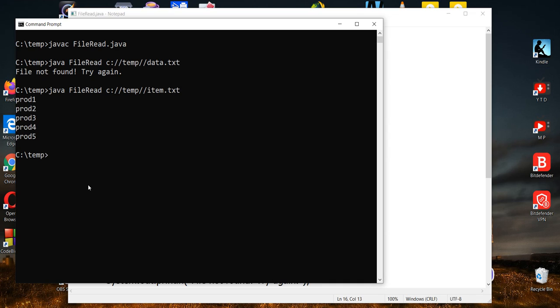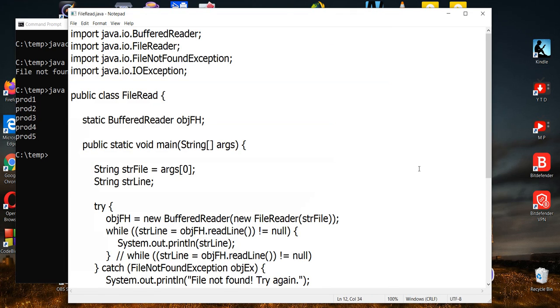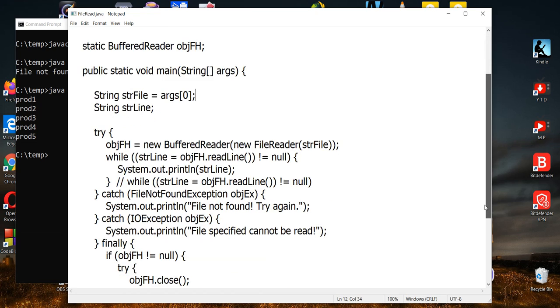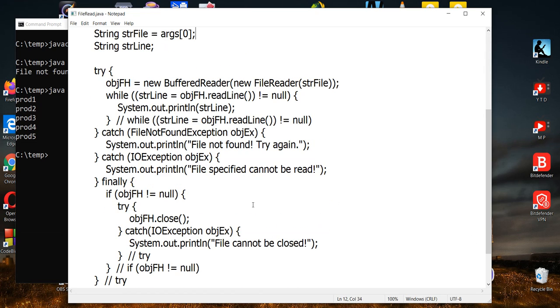Okay, in summary, we can include multiple try-catch blocks or catch blocks whenever it's appropriate. So in this particular example, there's a possibility of two exceptions being generated, the FileNotFoundException and the IOException. And then the finally block